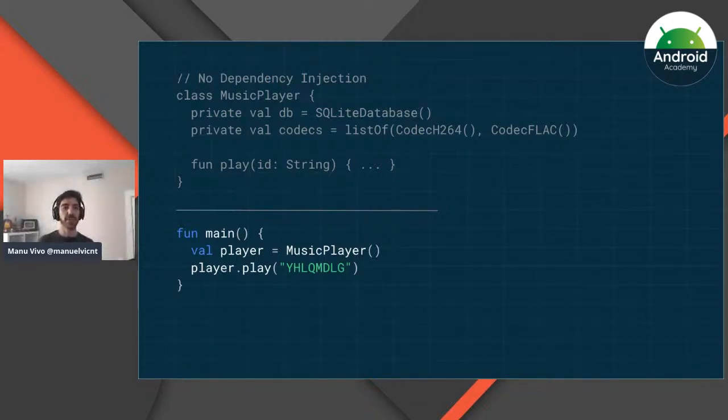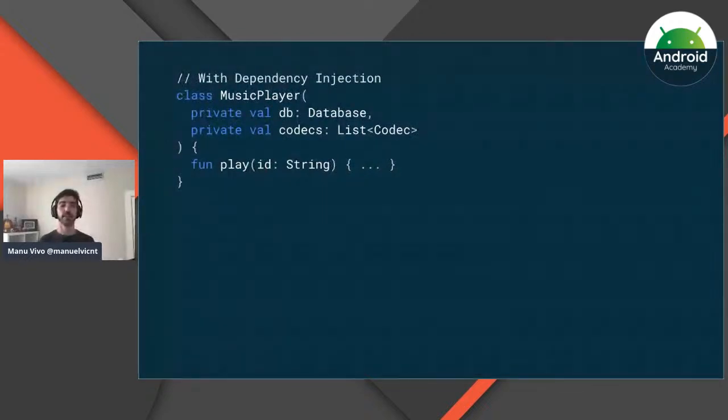So with dependency injection, this changes a little bit. With dependency injection, those dependencies are going to be passed into the class instead of the class creating them itself. There are different ways to do dependency injection, but one way is to do it in the constructor. So you are passing the dependencies of a class into the constructor itself.